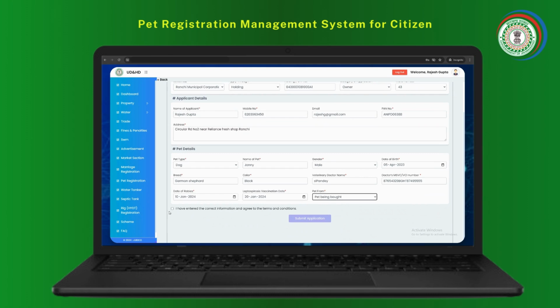After completing all the required details, tick the checkbox and then click on Submit Application.